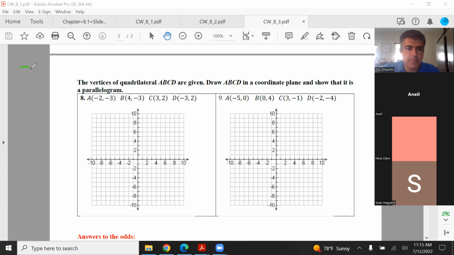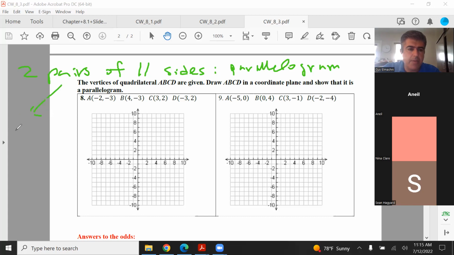So if you have two pairs of parallel sides, remember the two L's like that means parallel, then you have a parallelogram,